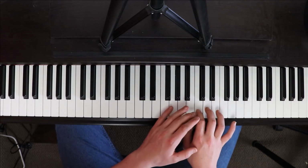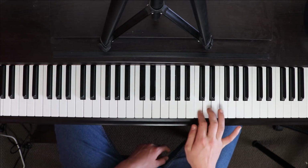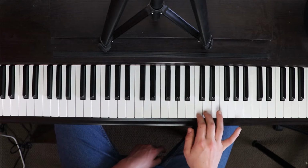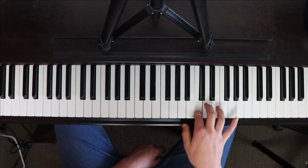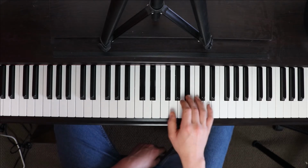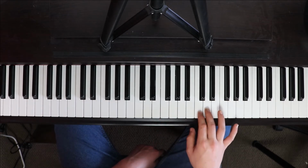And you just need to kind of keep your fingers close to the keyboard or to the key, and just kind of try and get that fast. And obviously you just want to slowly build up to that. So we just have the D, then F, then the trill,